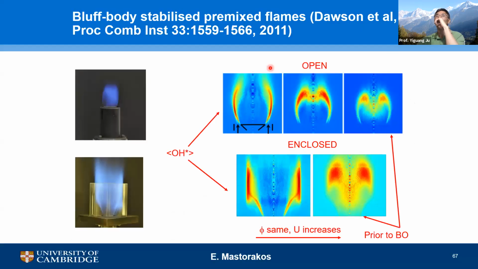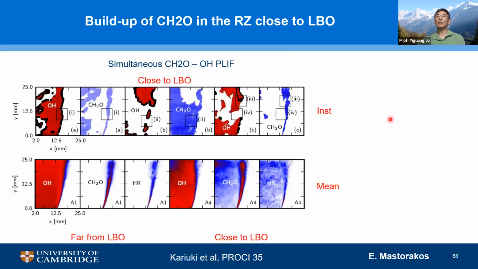All right, and also some of you took the class from Professor Masarsky today in terms of lean blowoff. For example, if you have flame stabilization behind this kind of bluff body, you can see the inclusive flame, what he says. The other one is that prior to the blowout limit, you can see the flame becomes like an open flame, an inclusive flame, and the flame becomes more volumetric compared to the thin flame front. And he did a wonderful job measuring OH and formaldehyde simultaneously. You can see that